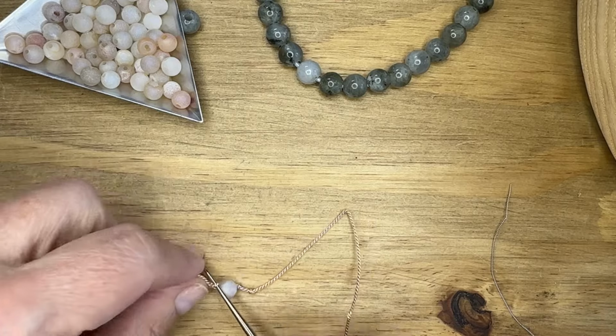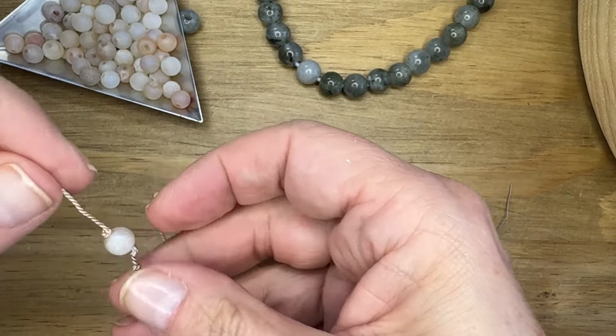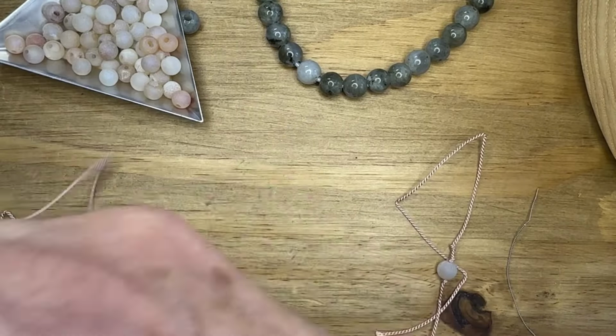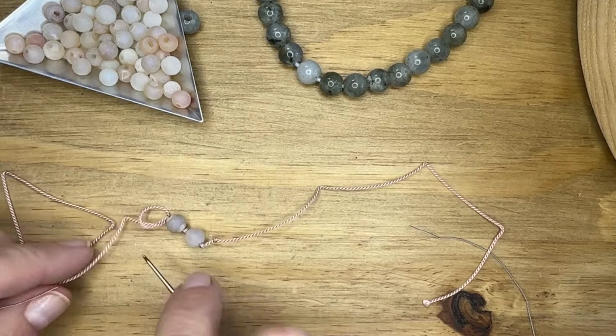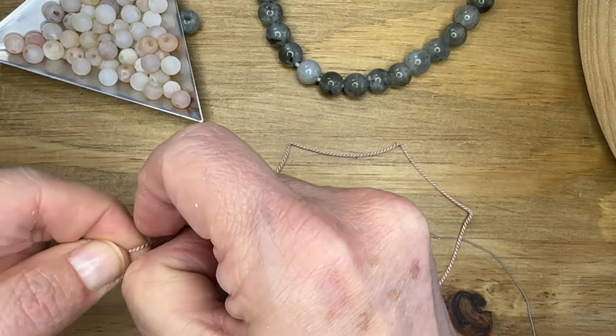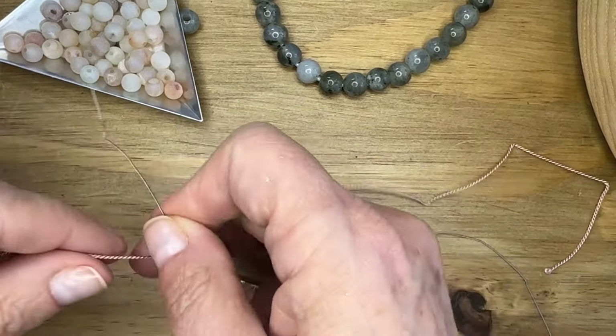I'm using number 8 Griffin Natural Silk to do my knotting. You can decide what size silk you'd like to use. Maybe you want to go a little bit smaller, maybe you want to go a little bit chunkier. I think the 8 is really nice here. I used kind of a pale pink color, but you could use another neutral or even a bold bright color